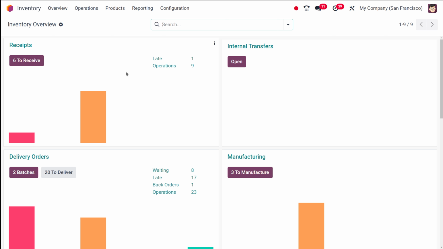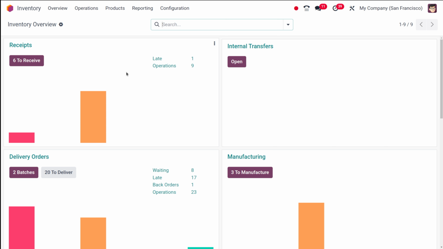So in Odoo, when you use tracked inventory, you are essentially operating on a perpetual inventory system. This means your inventory value is continuously updated in real time, giving you a constant pulse on your stock. Odoo primarily uses three common stock valuation methods, which are the standard price, average cost, and first in, first out. Standard price means where you set a fixed cost per unit.